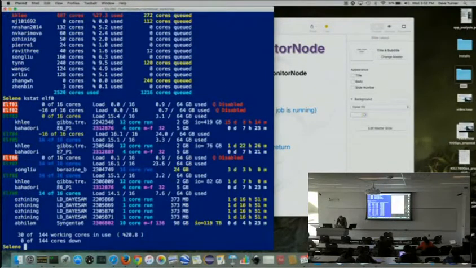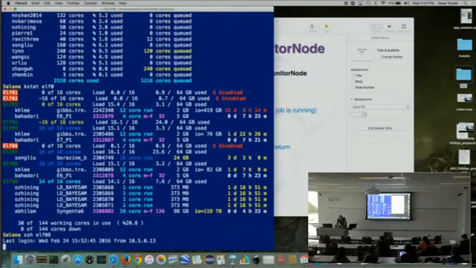So let's pick out an interesting node here. And let's just look at ELF8. So I'm going to SSH into ELF8 because I don't have a job there, but I'm the only one. Well, three of us can SSH into nodes. You can't. You can only look at nodes where you have a job running, and you can get in with the monitor node. But once you're in, this is basically the same thing that you would see if you're